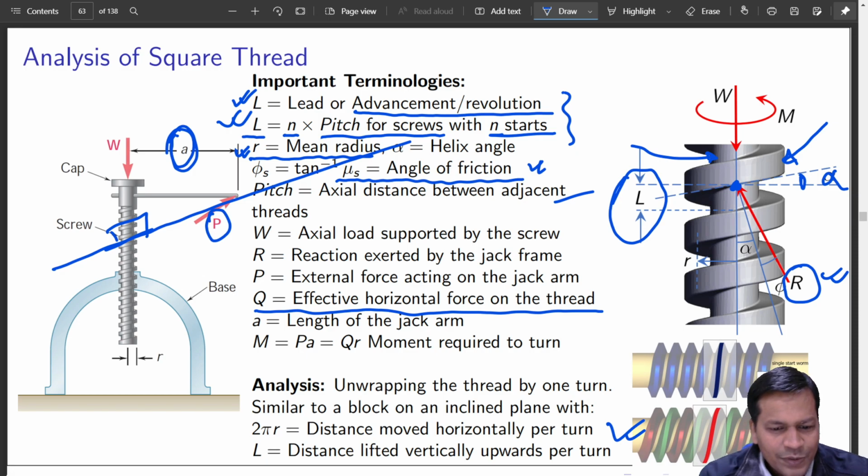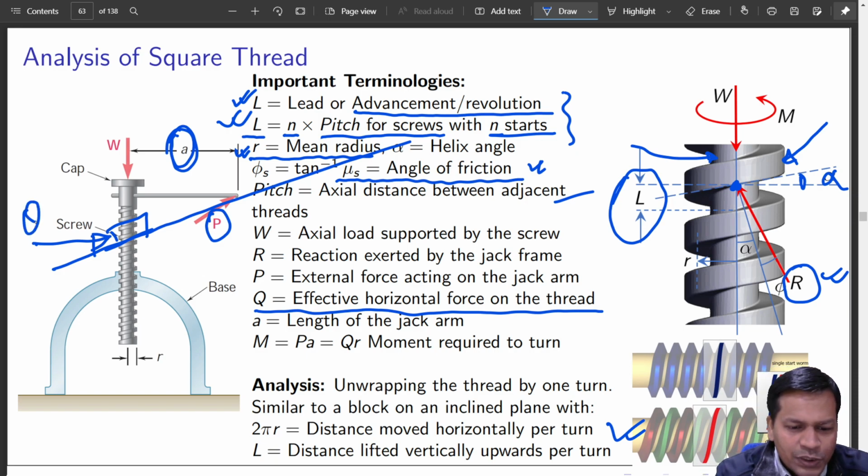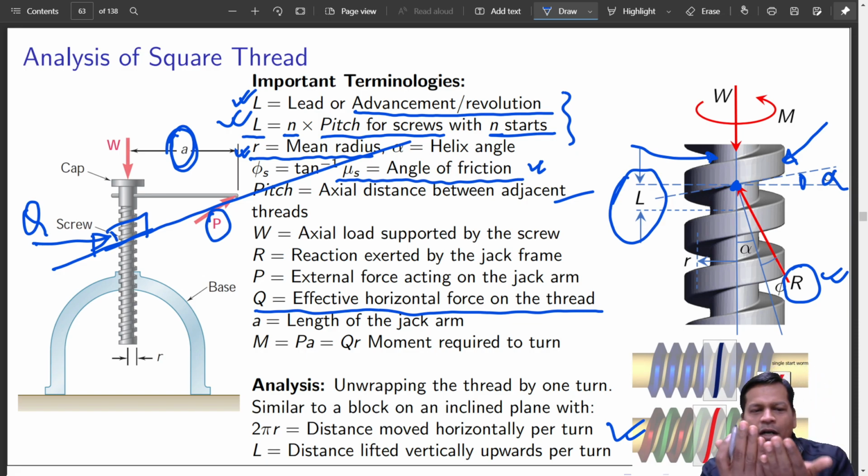How much is this force which is trying to lift it up? I have a better picture of it, we'll come to that. If you unwind this, if you open it up,